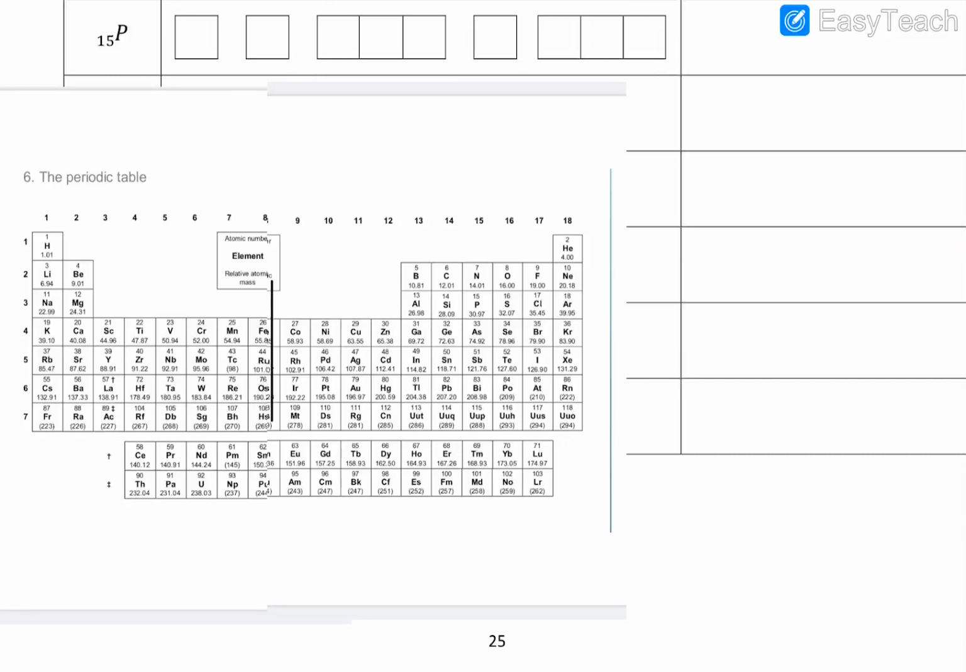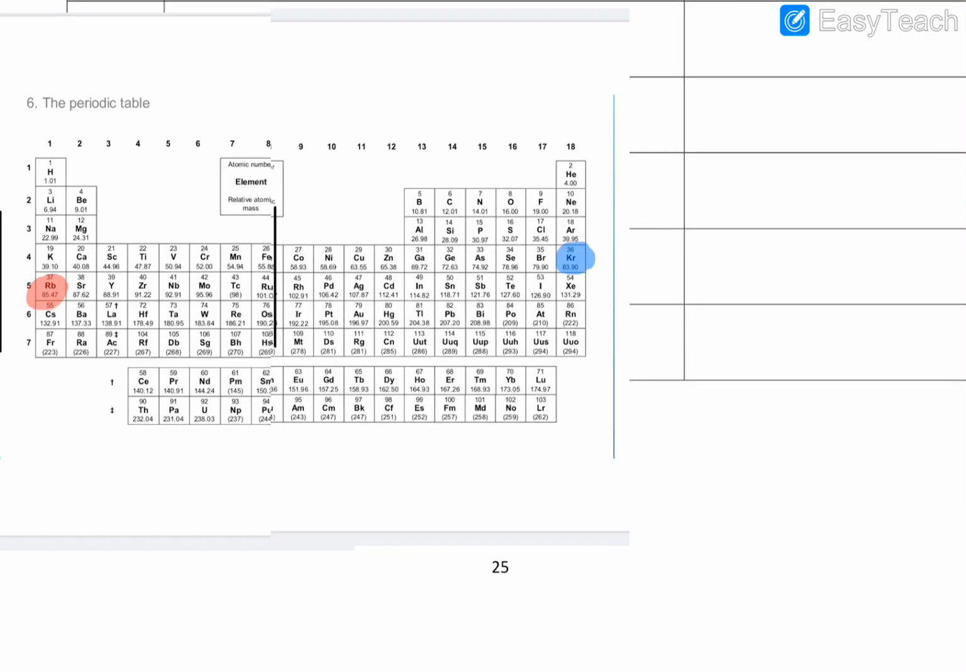So if you look at here, the noble gas just before rubidium is going to be krypton. So when I'm writing the electronic configuration of rubidium, I'm going to write krypton. Krypton is already representing 36 electrons. So rubidium is now 37 electrons. Okay, so then it's going to be